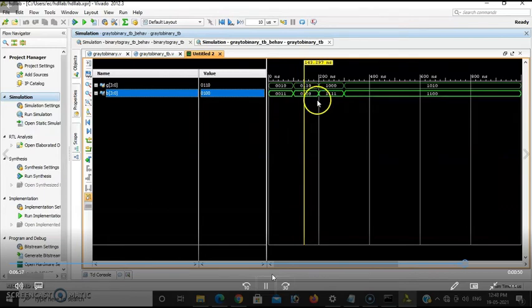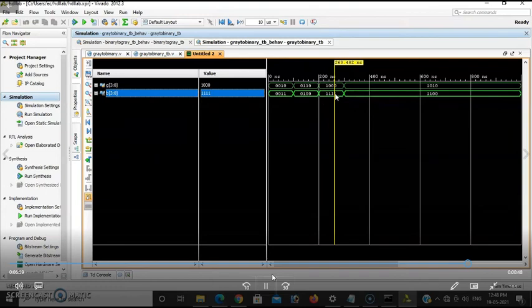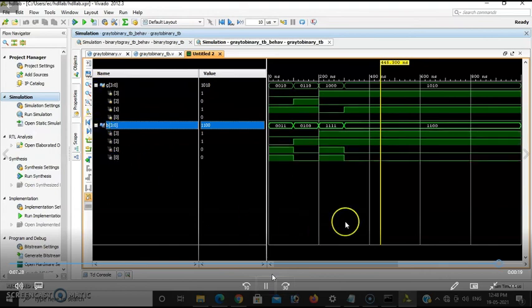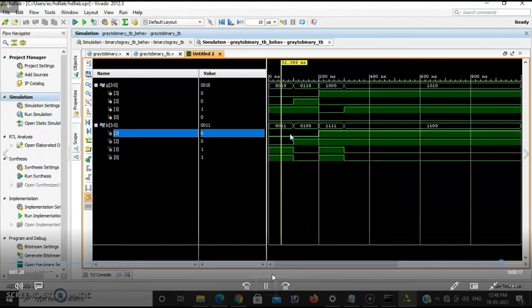So you need to verify for all the combinations. In the exam, the examiner will ask, what is the binary value for the gray value of 1000? He will ask you to show in the truth table and show in the simulation results. If the equation is okay, you may get it for some combinations, but you won't get it for all the combinations. So before calling an examiner, or before you say that you are getting good results, verify for all the combinations.